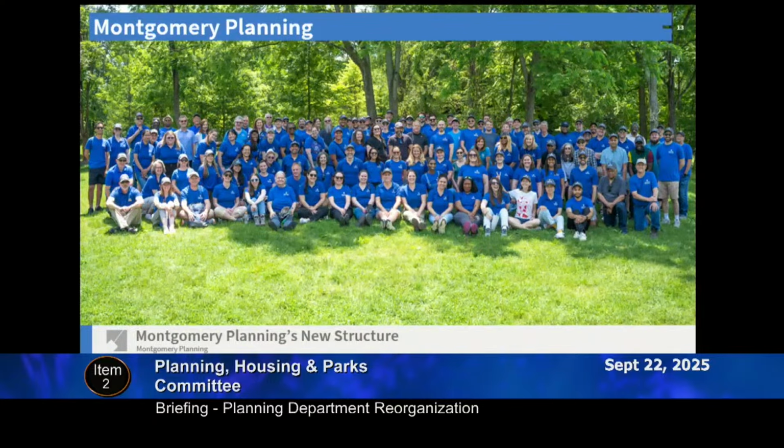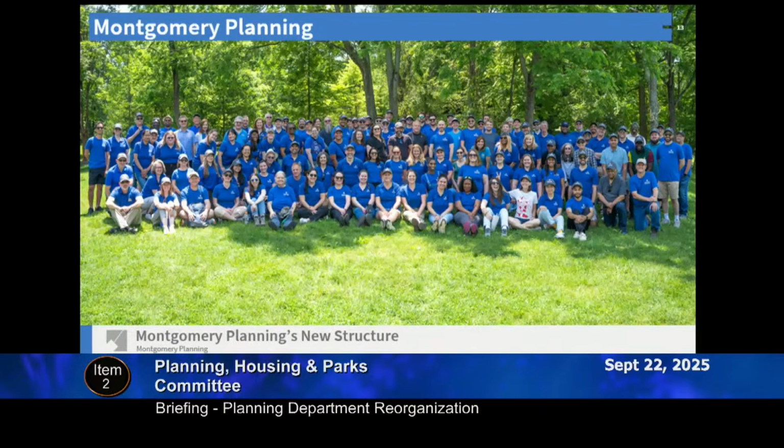And I will note that the reorg has helped make some of our staffing needs more evident. We can see where we have gaps in our expertise and in roles that we need to fill. And this will be reflected in the budget request that we are preparing for FY27. As you know, we are still down 28 positions from where we were in 2009. And while we can emphasize efficiency in our efforts, we know that our workload has become bigger, deeper, and broader. Our staff continues to feel overworked, but we are doing everything we can to make sure they don't feel underappreciated.